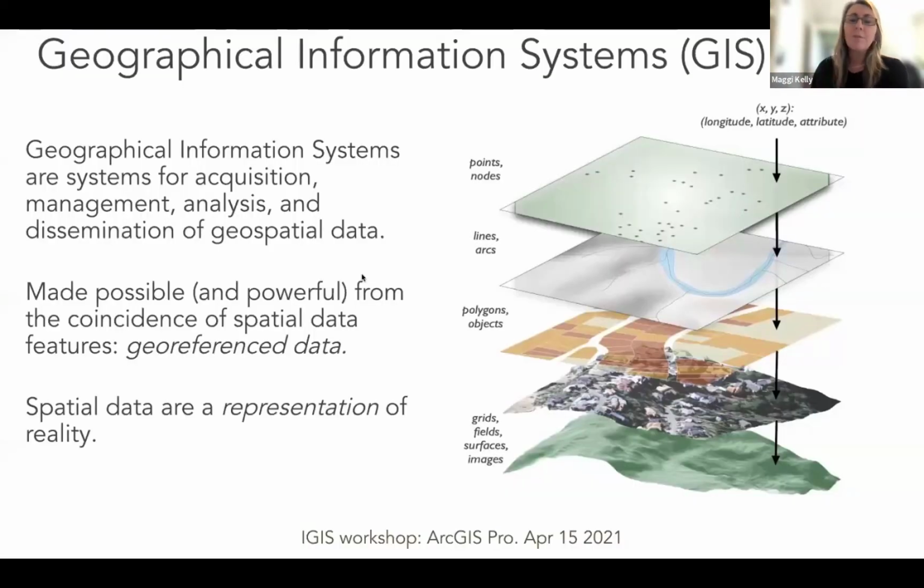But let's just briefly say what GIS is. What is this thing that we're going to be doing this analysis in? So Pro is a software package that enables us to work with geographical data, spatial data. It's a GIS, and a GIS is just a software toolkit that allows us to work with geo-referenced data. And that's the fundamental aspect of a GIS.